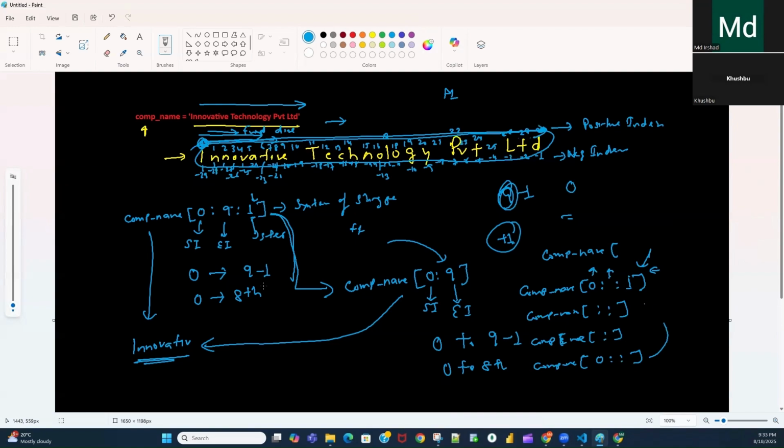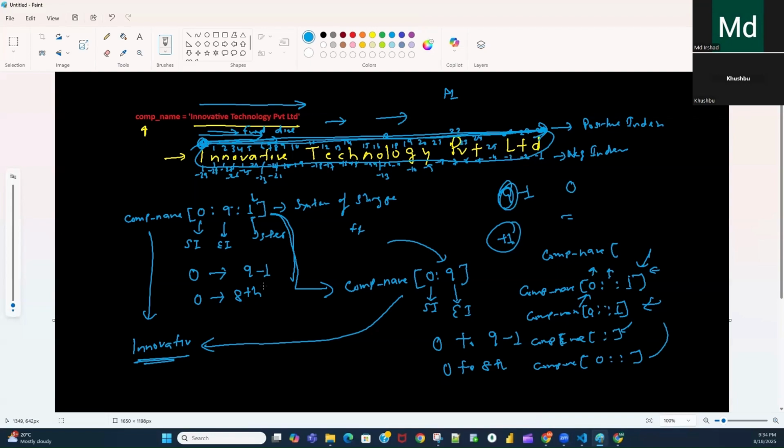Now in this case, what is happening? I have not defined a start index, end index, or step. So first, the slicing operator will consider the step as 1. That means it will fetch the data in the forward direction. Again, when the step is 1, the default value of the start index is 0, so the slicing operator will consider it as 0. That means this and this are the same. So again, it will fetch the data from the 0th position till the last element, because the end index you have not defined.